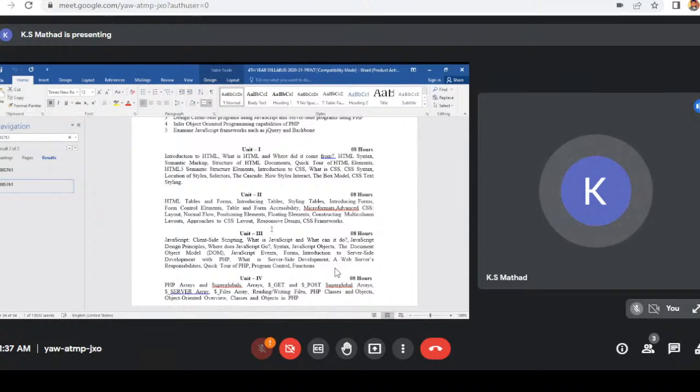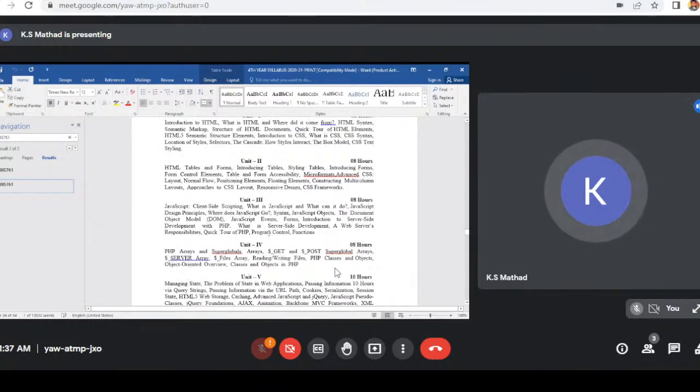Then the third unit focuses on JavaScript, which is also a language, but it is a scripting language. And we call it a client-side scripting language, wherein it always works at the browser, client side. Then it also introduces the document object model, then JavaScript event handling, then server-side development with PHP will be introduced, wherein PHP is also a language, but this scripting language will work at the server side instead of at the client side. So JavaScript is a client-side scripting language and PHP is